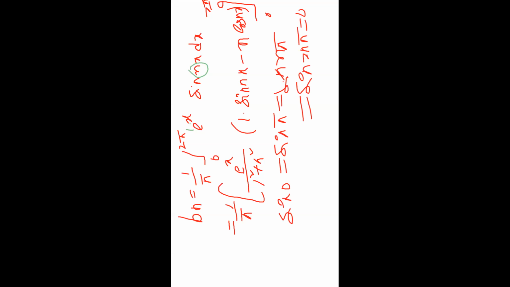Again, in the upper limit sin 2n pi and the lower limit sin 0, we know that sin 0, sin pi, sin 2 pi, sin n pi, sin 2n pi, all full angles are equal to 0. So, no need to replace the limits in the sine function. Just cancel the sine function and put the limits into the remaining value.